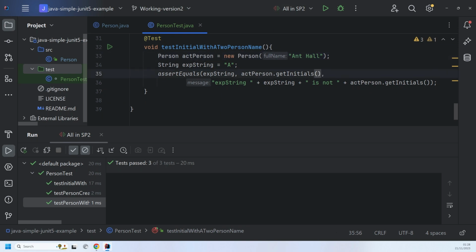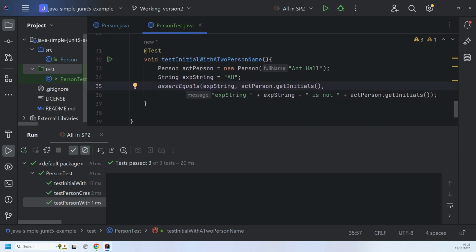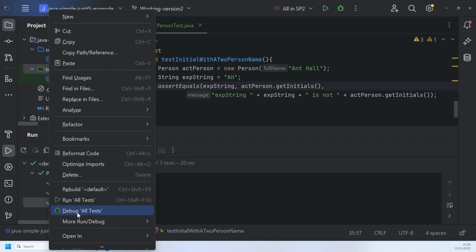Okay, so now we have a new Ant Hall. Our expected string in this case will be AH, and that is what we expected. We don't need to actually change this because it's still the same requirement. So now let's test to see whether that actually is also occurring. So let's run all the tests,